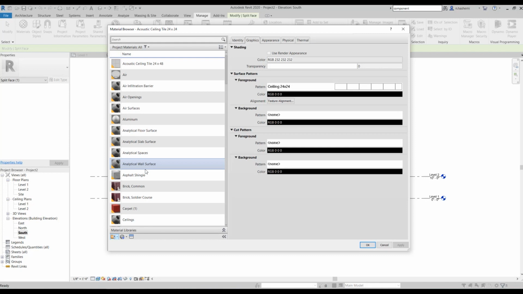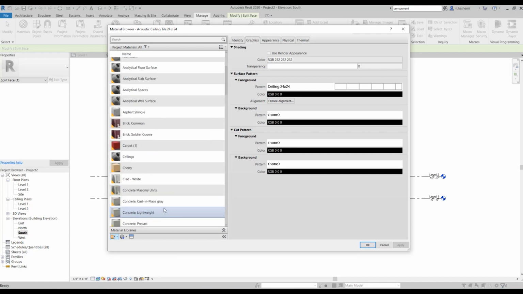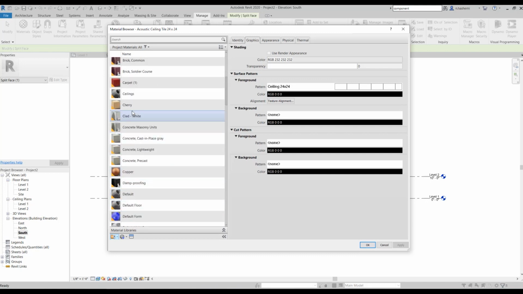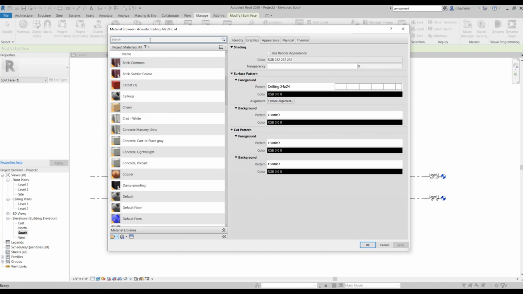One thing to mention right up front is that if you delete one of these by mistake, they are kind of tricky to get back. These are the defaults, and never ever delete them because they are important and hard to replace once they are gone. You can see that here at the left we have some default materials, for example brick, carpet, ceilings, cherry wood, etc. There is also a search bar at the top where you can search whatever category you want. For example, you can search for concrete materials.